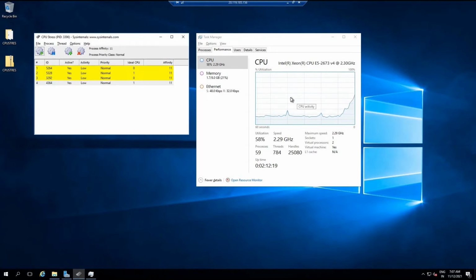You will be able to see the CPU percentage going up, and now it is somewhere around 60%, 58%. So let's add a couple more threads.